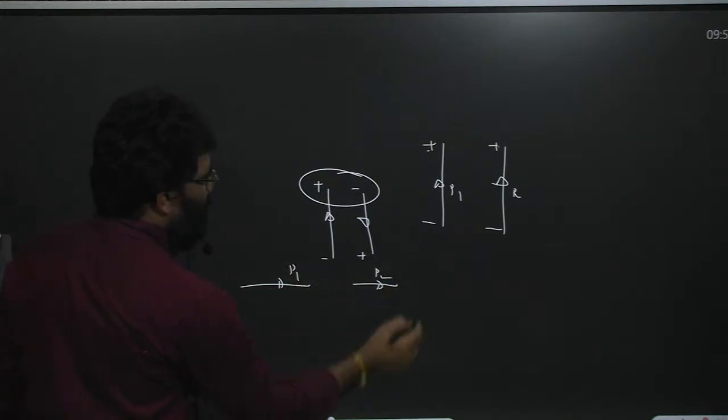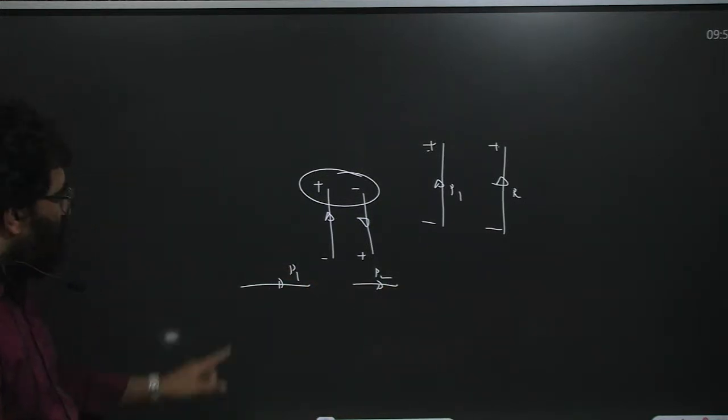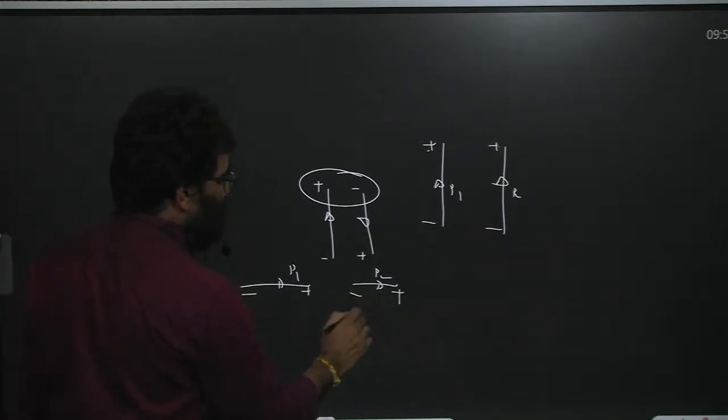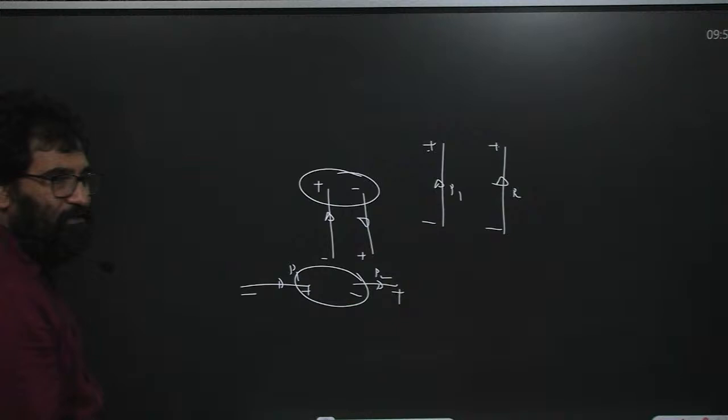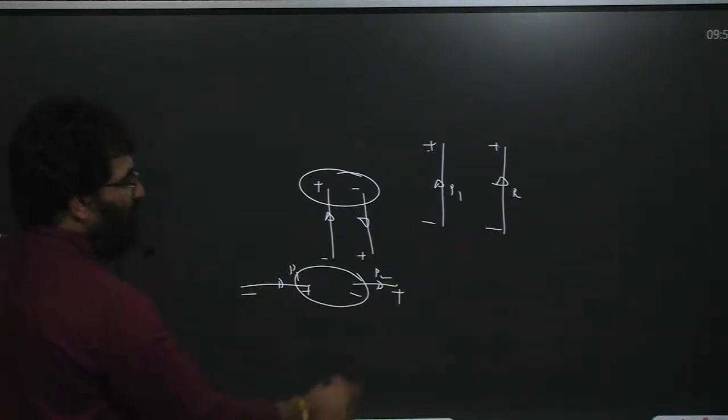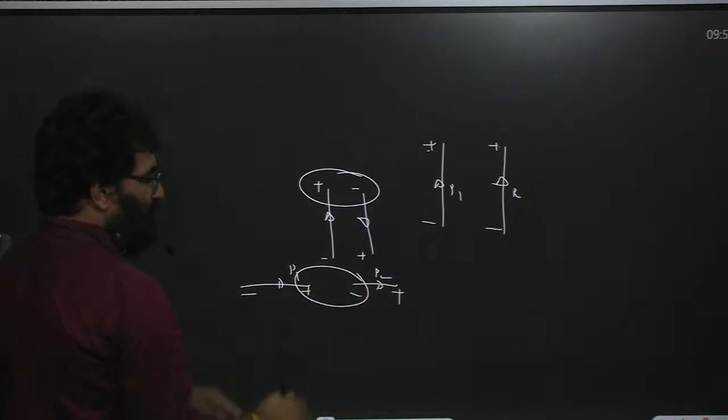do they repel or attract? This is a minus sign, this is a plus sign. This is a minus sign, this is a plus sign. Unlike charges are closer than like charges, so definitely they attract. So when we keep them in the same direction, they will attract. When we keep them in the opposite direction,